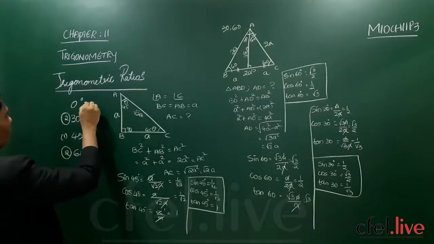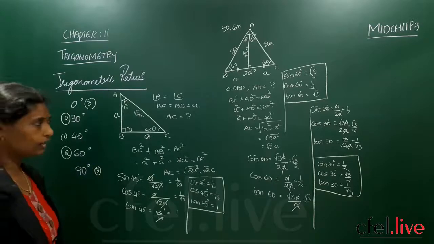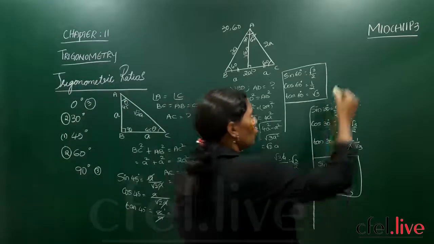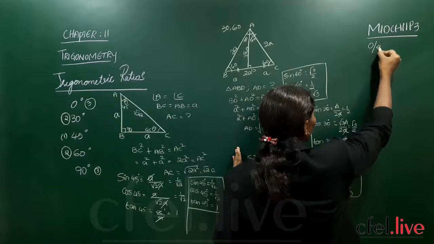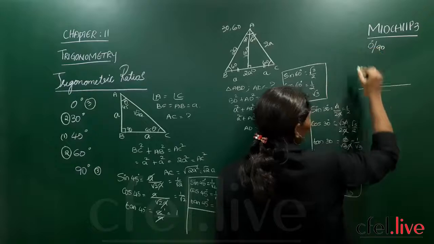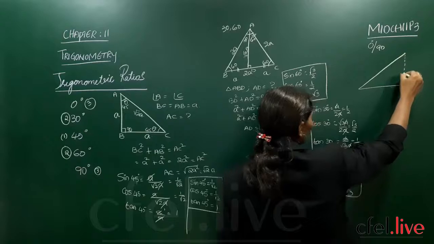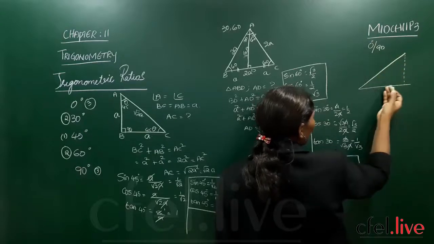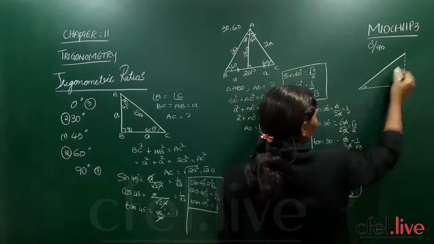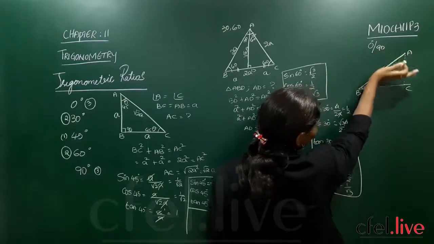0 and 90. So these two I'll take in a different case. So three cases we have seen. 45 we have seen, 30 and 60 we have seen. Now for 0 degrees and for 90 degrees, this will be a line. Now 0 degrees means you have to draw some side. So I am making the angle 0, which means in triangle ABC this angle has to become 0, which means this line has to fall down.